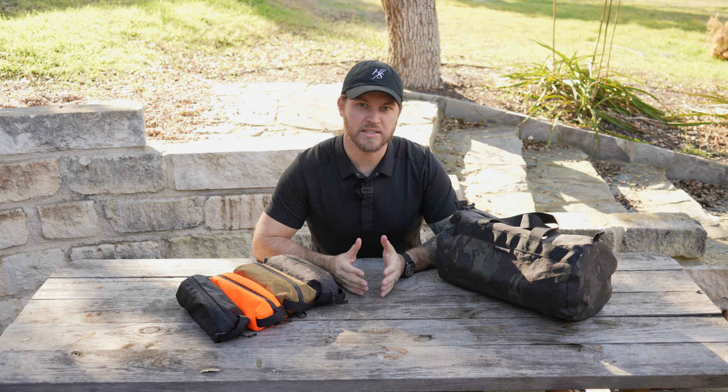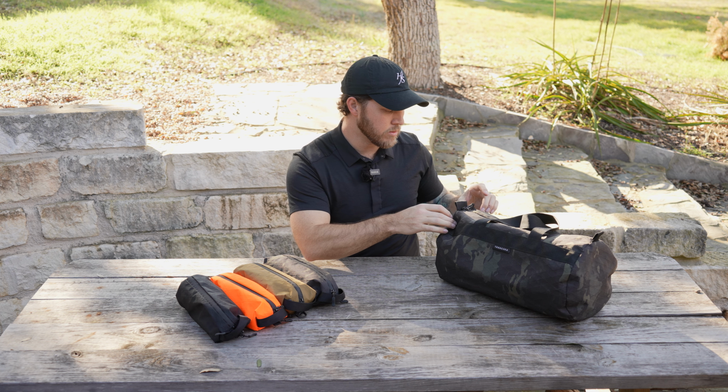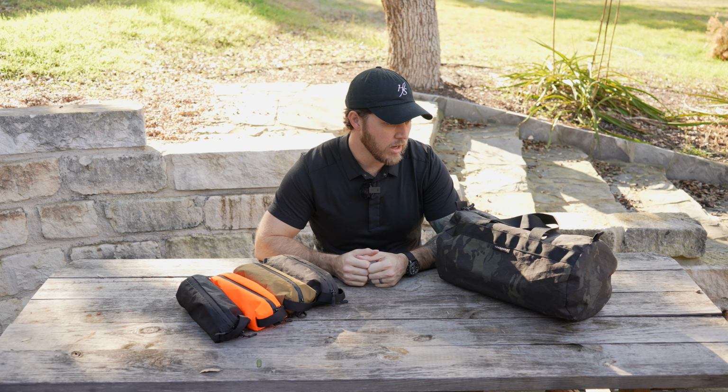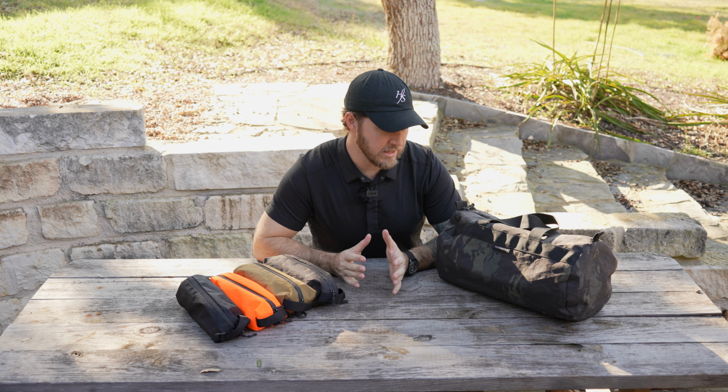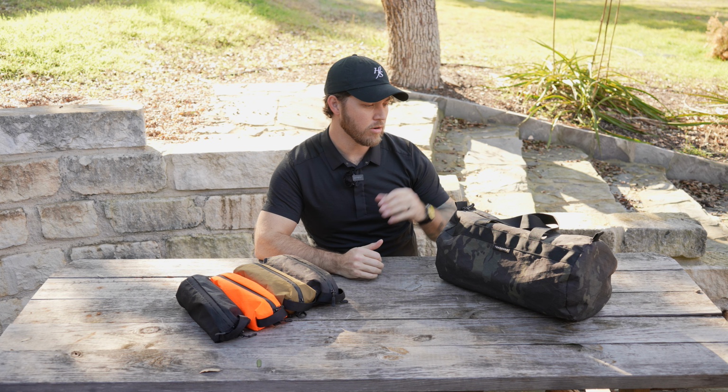And I have nothing but positive things to say about it, from the zipper choice to the seam construction. If you do have your chance to get your hands on a TABAGSKA bag, you're going to be impressed by it. So, for example,